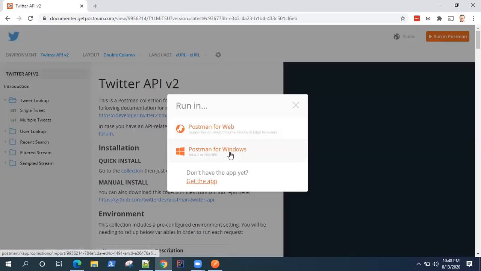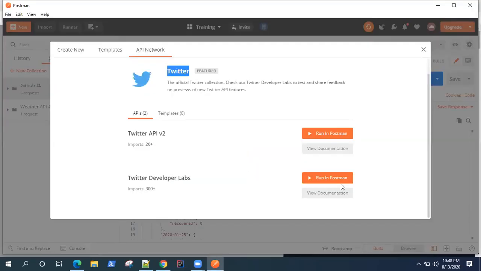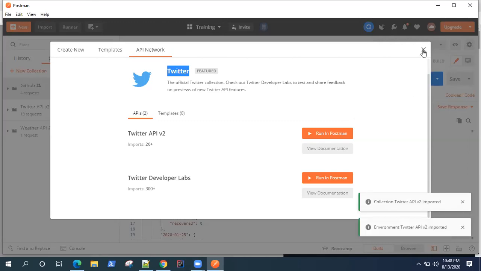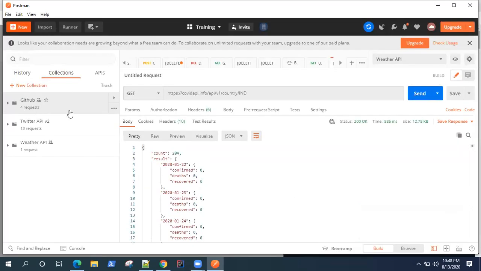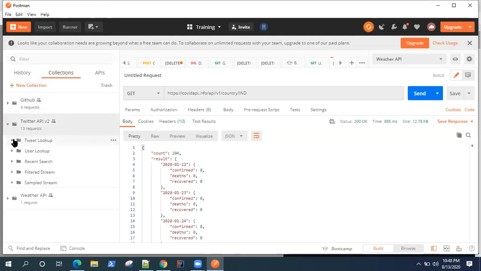Now, apart from this documentation, if you want to run this in Postman, that integration is also present, right? You can import this collection into your own Postman workspace. So once you click on Run in Postman, it will then automatically import your Twitter API collection, right? So as you can see, my collection is already created here. I have all the API requests, right?